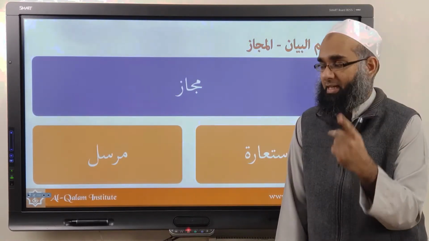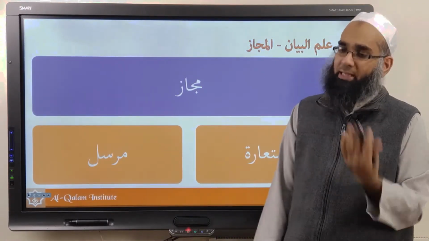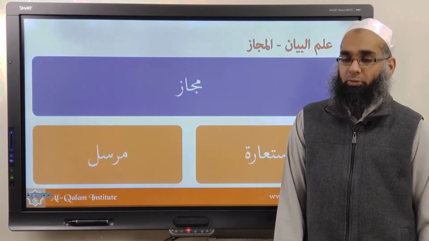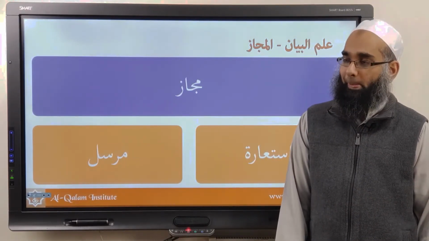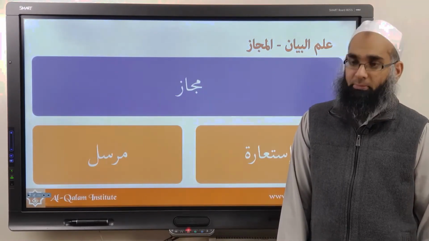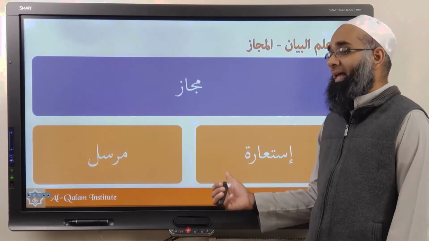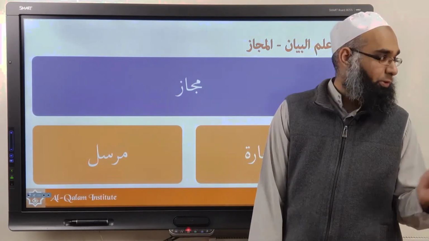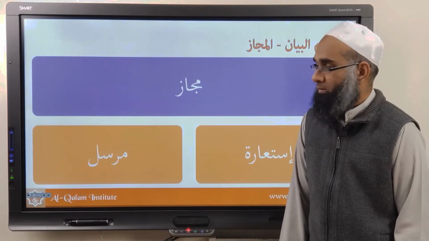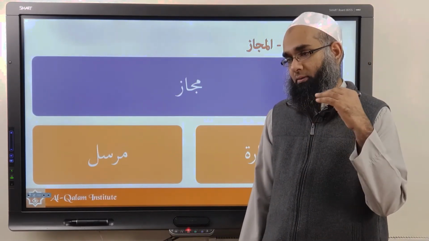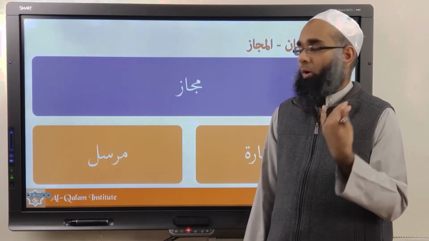So two types of majaz. Majaz isti'ara. You don't call it majaz isti'ara, you call it isti'ara. And then you call it majaz al-mursal. You understand? So majaz has two sections, and then isti'ara has more. And isti'ara is basically an extension of tashbih. And mursal is when it's something else altogether. So you can break that down, mursal, a bit more. Different types. We'll discuss that. For example, juz and kul, ala, sababiyya, musabbab. All of these we'll discuss later on.